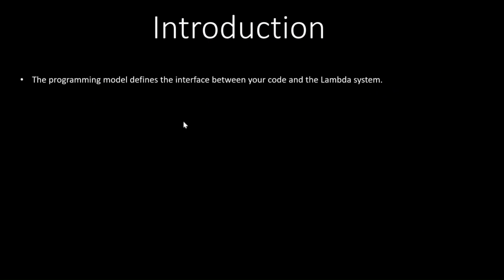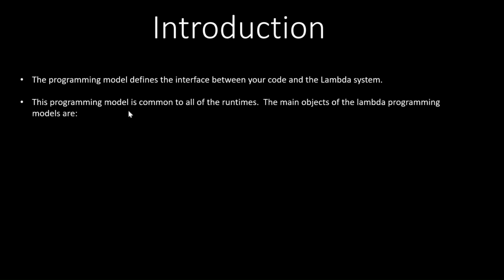So what is a programming model? The programming model defines the interface between your Lambda code and the Lambda system, the underlying Lambda execution environment and the underlying Lambda system. This programming model is common to all the runtimes that are available for Lambda. The main objects of the Lambda programming model are: